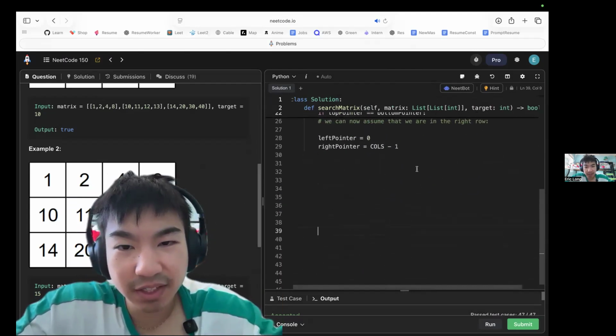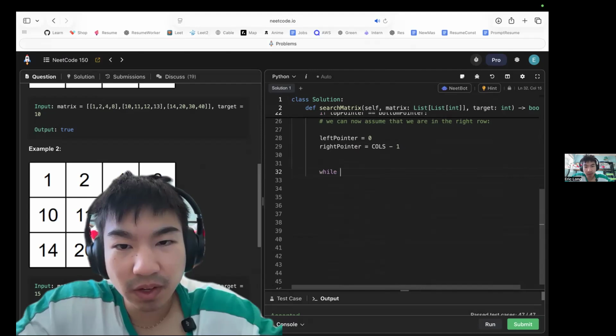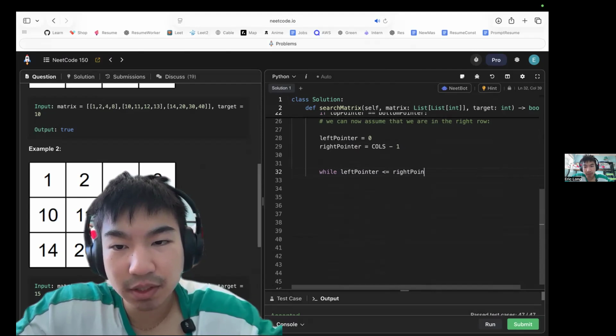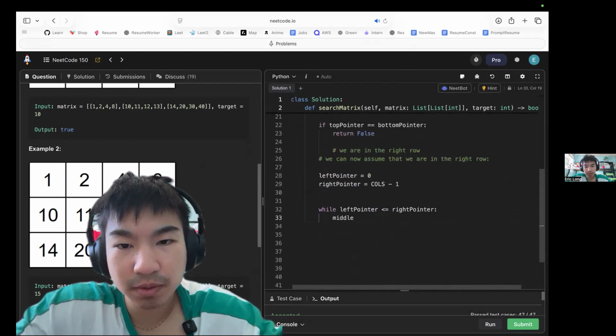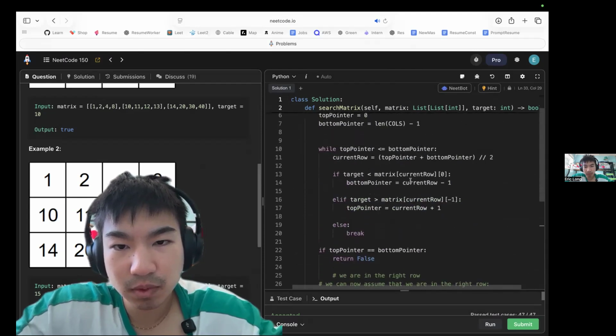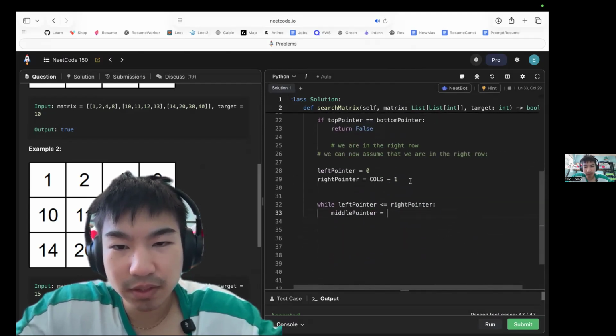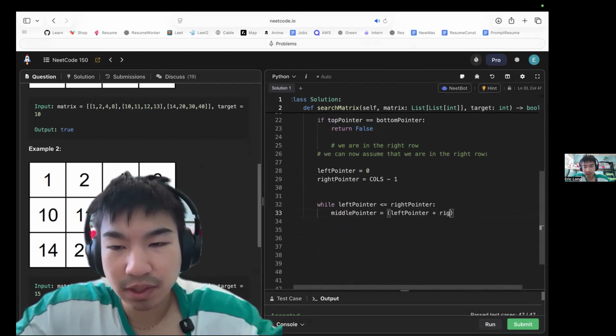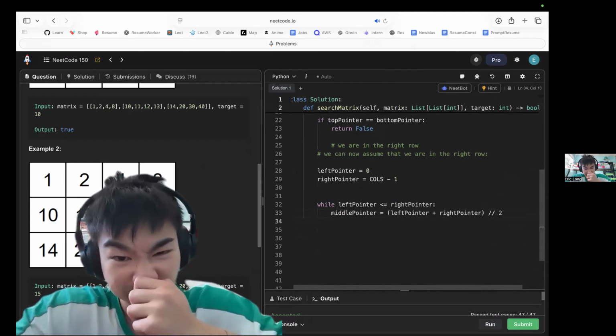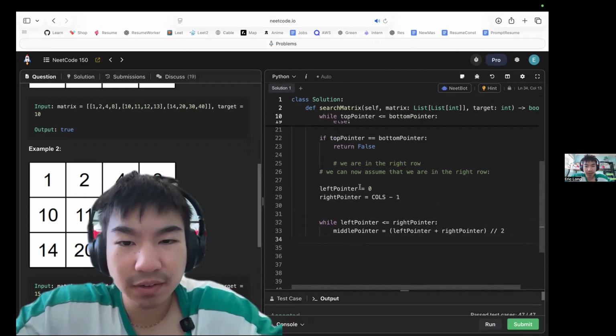we could run our while condition. Say while left pointer is less than or equal to right pointer, you go ahead and compute the middle. So middle pointer is equal to left pointer plus right pointer divided by 2. And now that we know that we're in the right row,